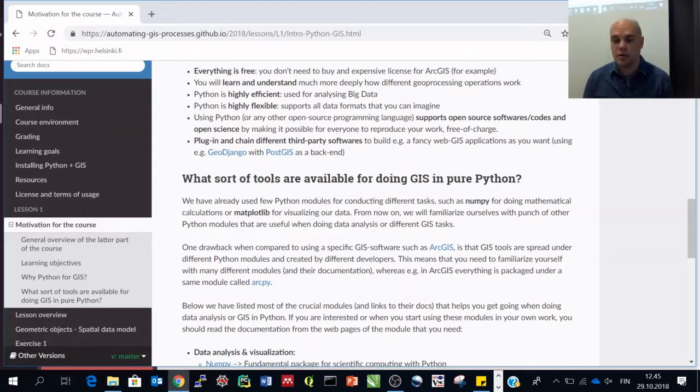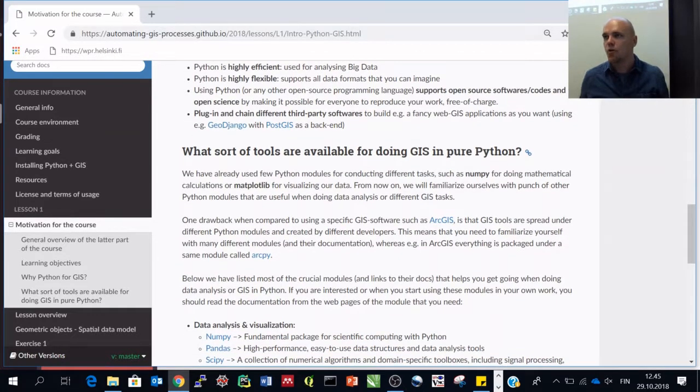Actually, now when talking about PostGIS, there is a new development branch in the GeoPandas package, which is the package that we will mostly use, and that's nicely written because it starts to be as fast as PostGIS. So you can do huge and pretty impressive things just by using the Python version of the thing. So you don't necessarily need to use even PostGIS if you have some really computationally